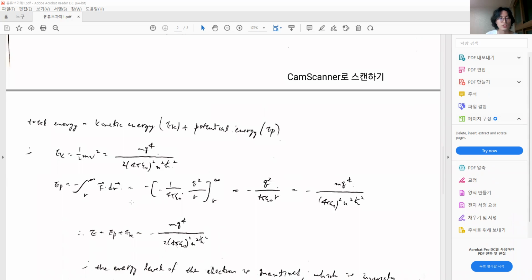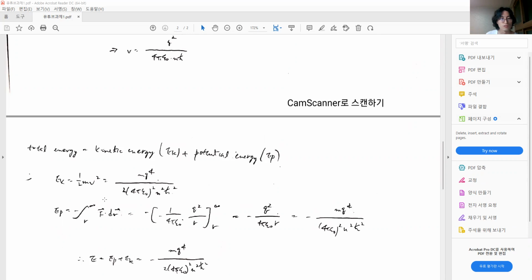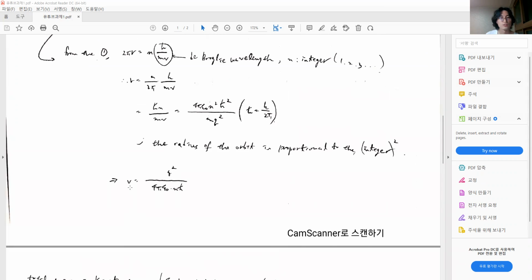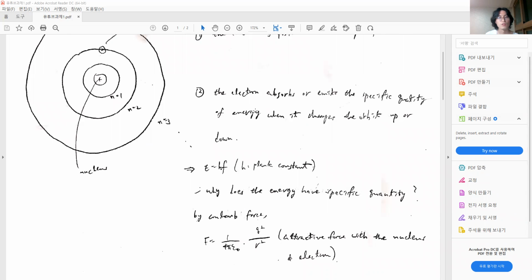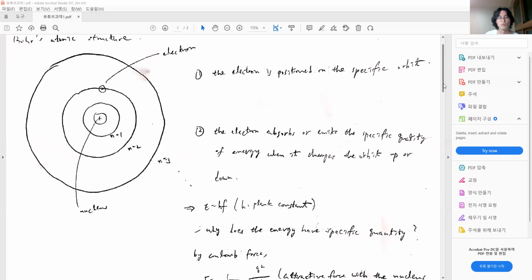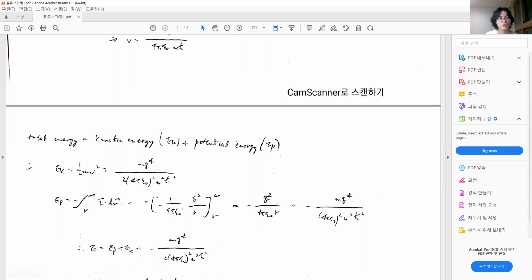Also, potential energy is calculated by the negative sign of the integral of the force from the position of the electron r to the infinite point, which can be expressed by the integral from r to infinity of F vector dot product er vector, and this can be calculated to minus q square over 4 pi epsilon 0 r,